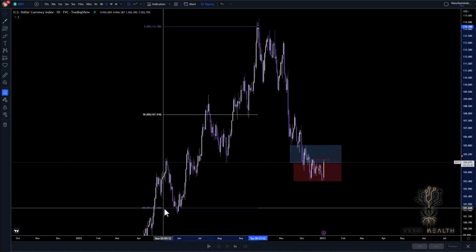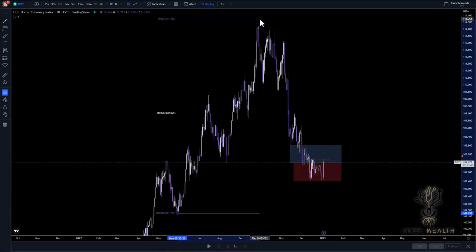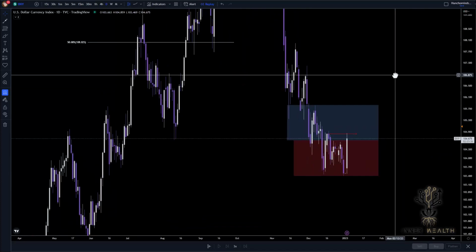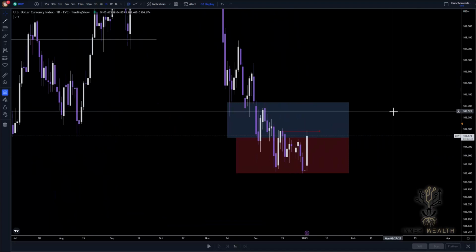But yeah, just wanted to show you guys how I personally use premium and discount. Guys, this works with any range. Any range. If you're going to be short, you want to be shorting in premium. If you're shorting from discount, make sure that you're going to be closing out that trade fairly soon, because being in sells in a sell area where it's been selling for a while is very low probability,